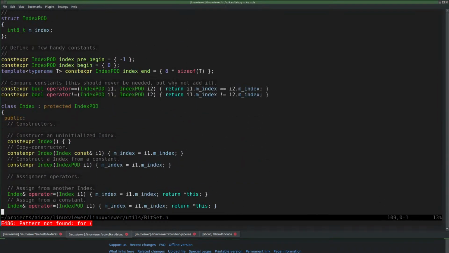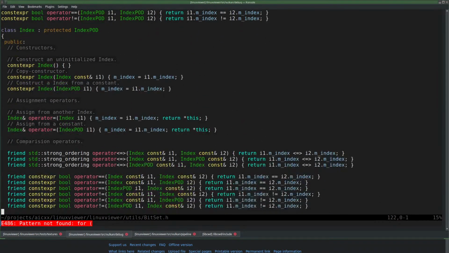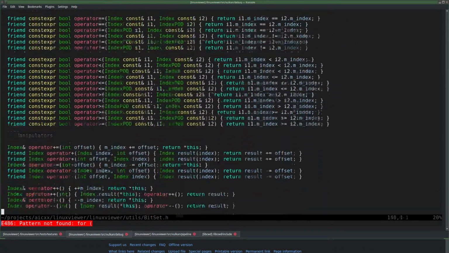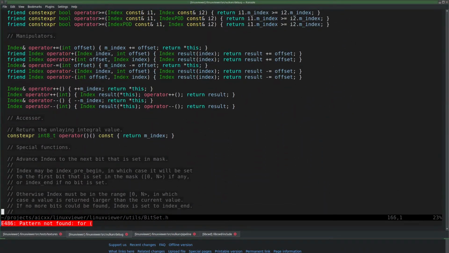I have the feeling, however, that the correct way is something with next bit.